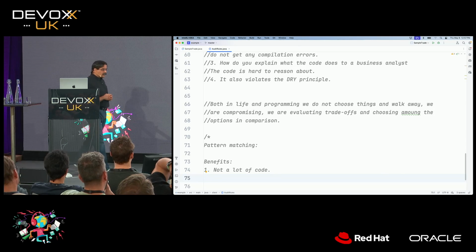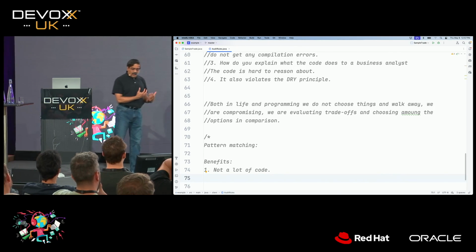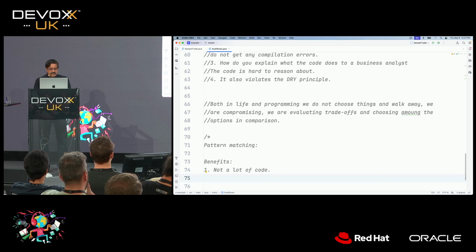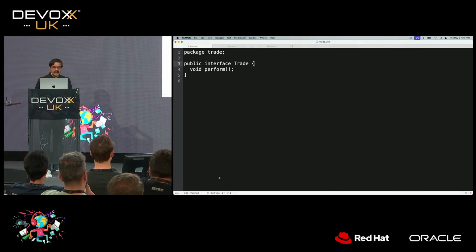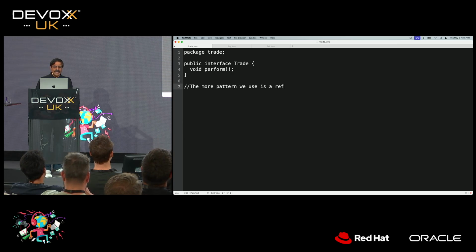In general, though, a pattern, I often say this, is one of the things that I feel the more patterns we use is a reflection of lack of capability of the language.